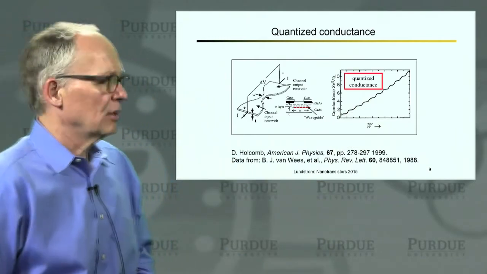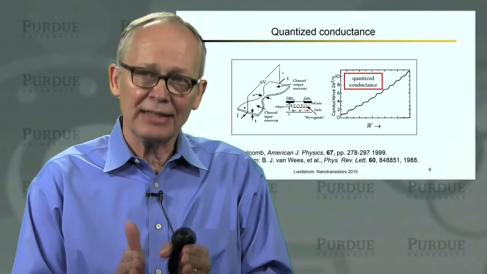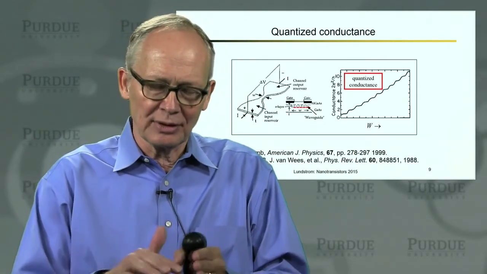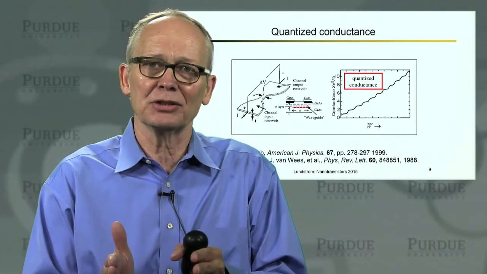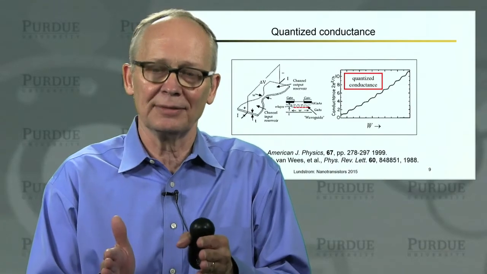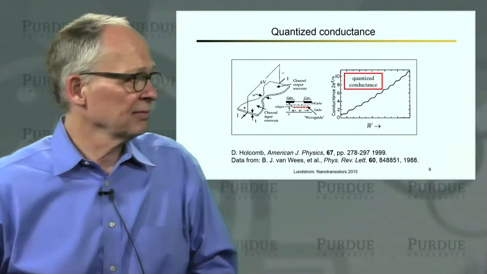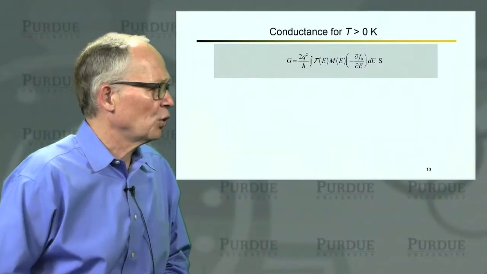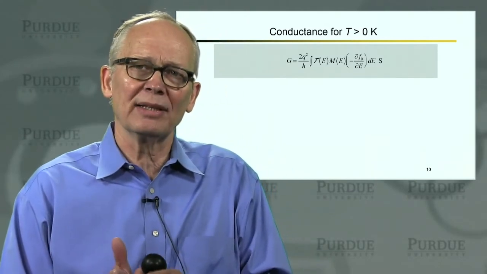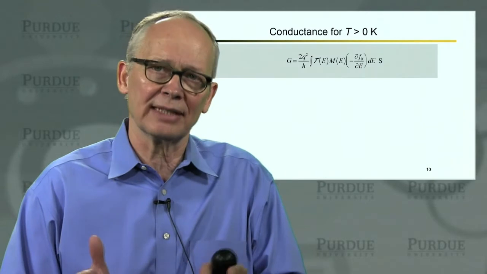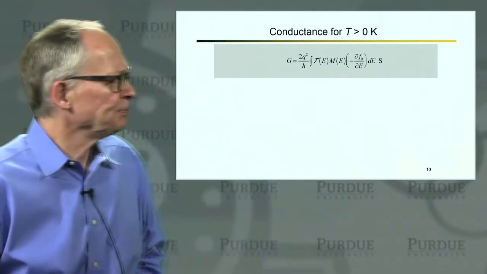And this is an example of quantized conductance. We're seeing the number of channels increase discretely as the number of states that can fit into that width and make the wave function go to zero at the two edges of the resistor. As that increases, we get discrete numbers of modes or channels. So that's an example of quantized conductance. As I said, we're going to be working with MOSFETs in which the width is wide enough that we don't see this quantization, but the general expression that we work with handles both cases.